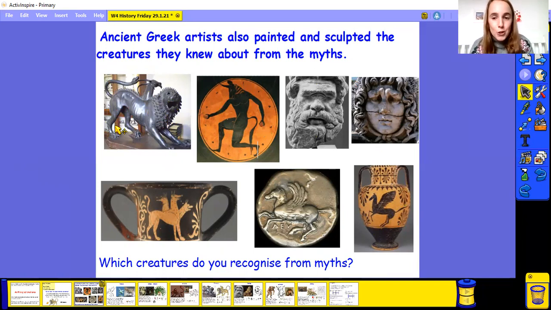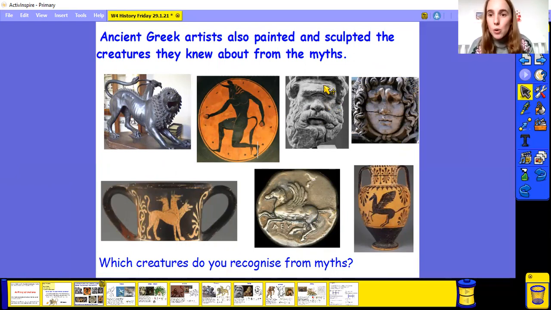Now, you might recognize some creatures from our myths. You might notice here, what's this lady got around her head? You might notice something here. Maybe from another story with a face in it. And you might recognize something from our lesson yesterday, a symbol of one of the gods, a creature that they did. So you might be looking and thinking, oh, wait a minute,